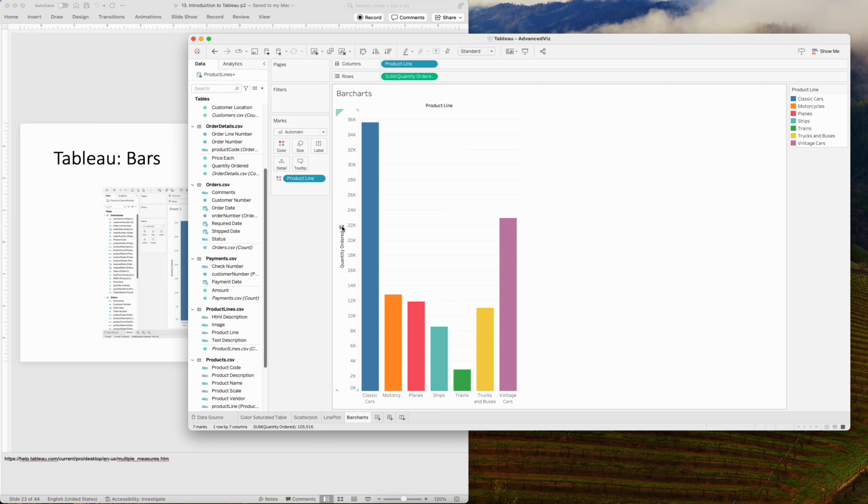Another thing that I can do in Tableau when I'm working in a bar chart is I can actually order these bars, right? So I just ordered these bars by quantity ordered from highest to lowest, and I can change that if I want, right? I'll go back to the default ordering. The default ordering was based on the names of these product lines, right? And so a bar chart is very useful to represent categorical information,